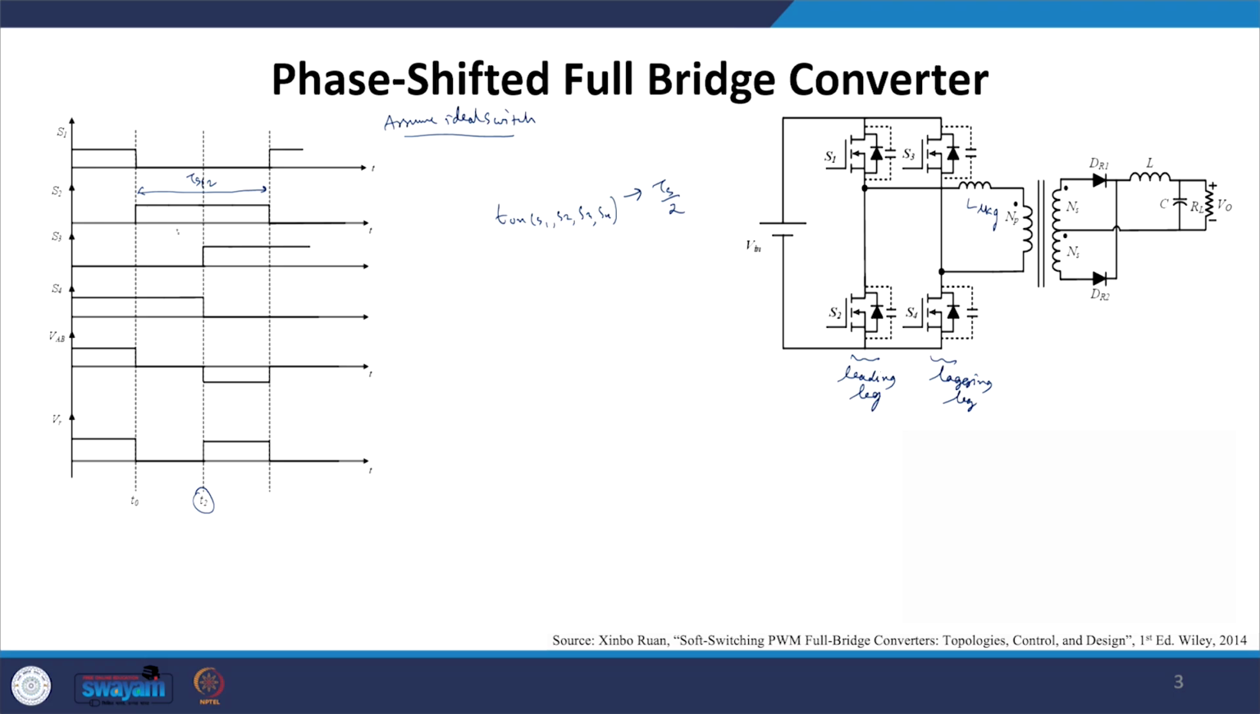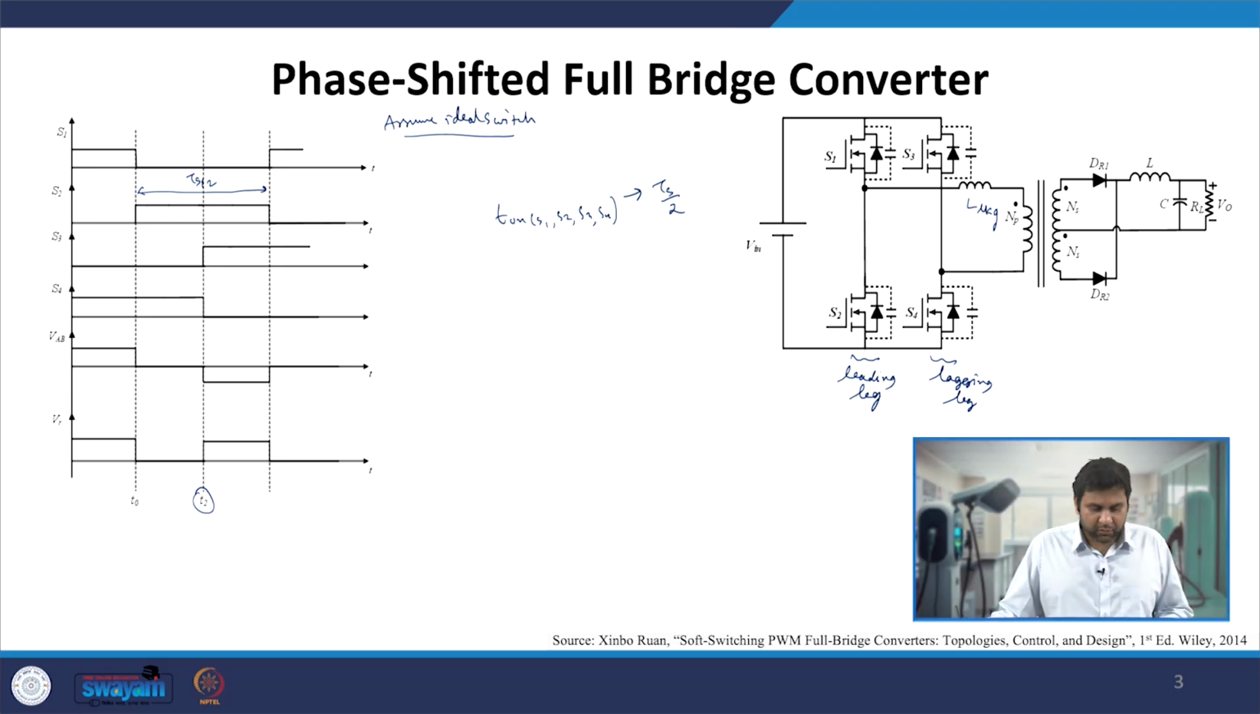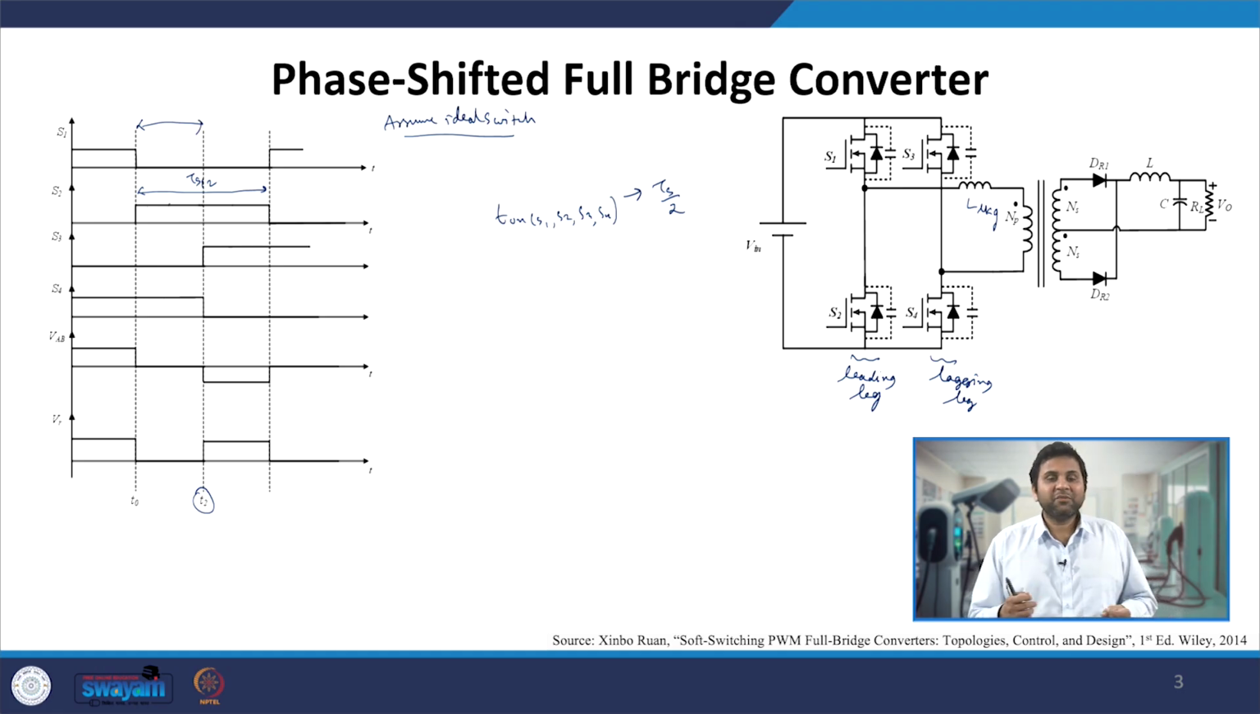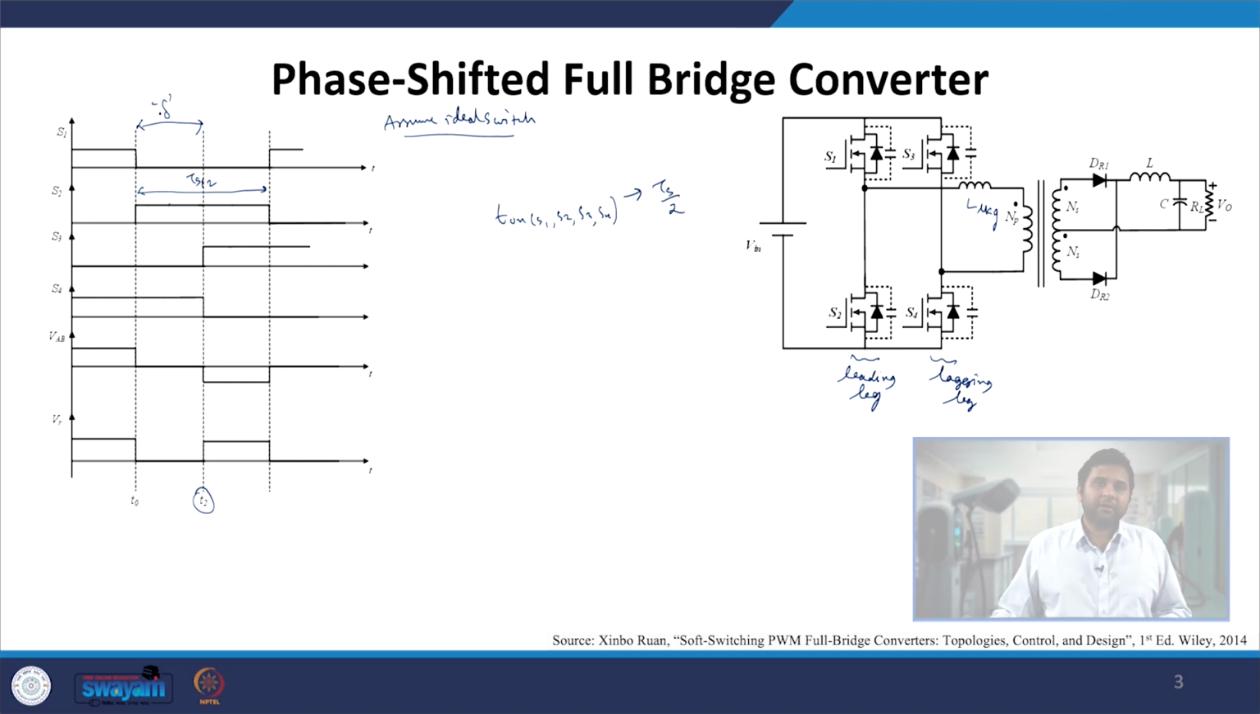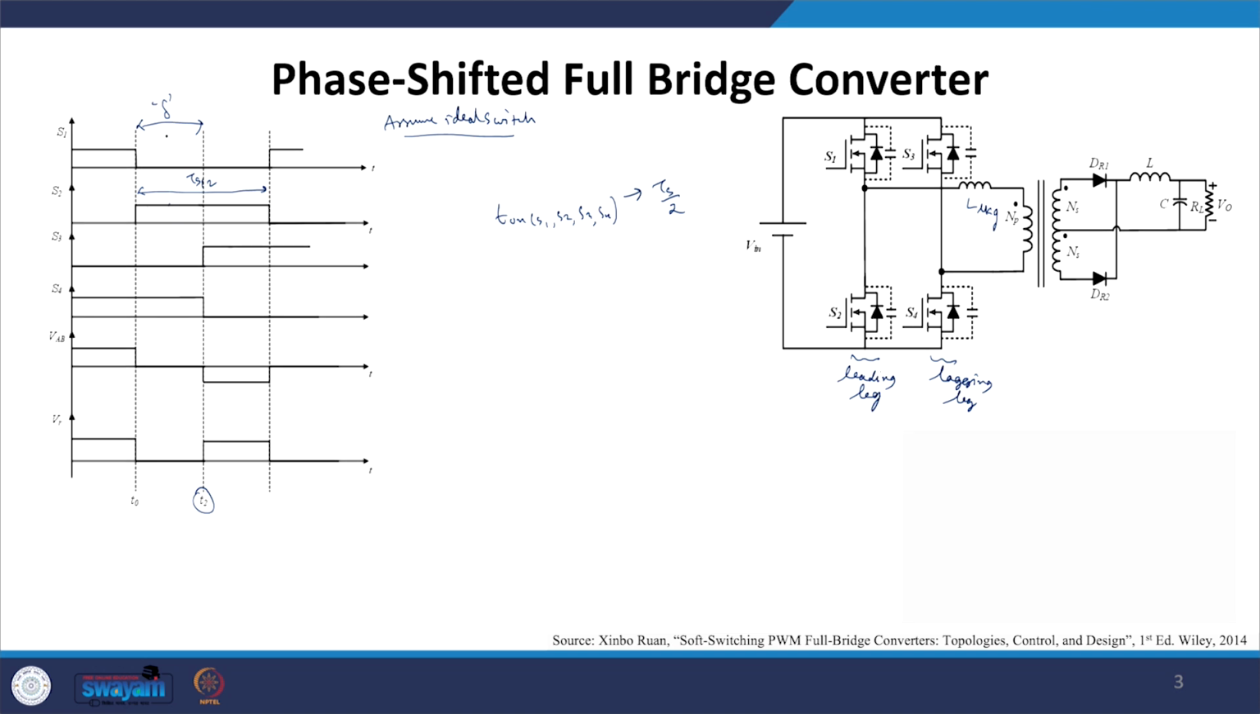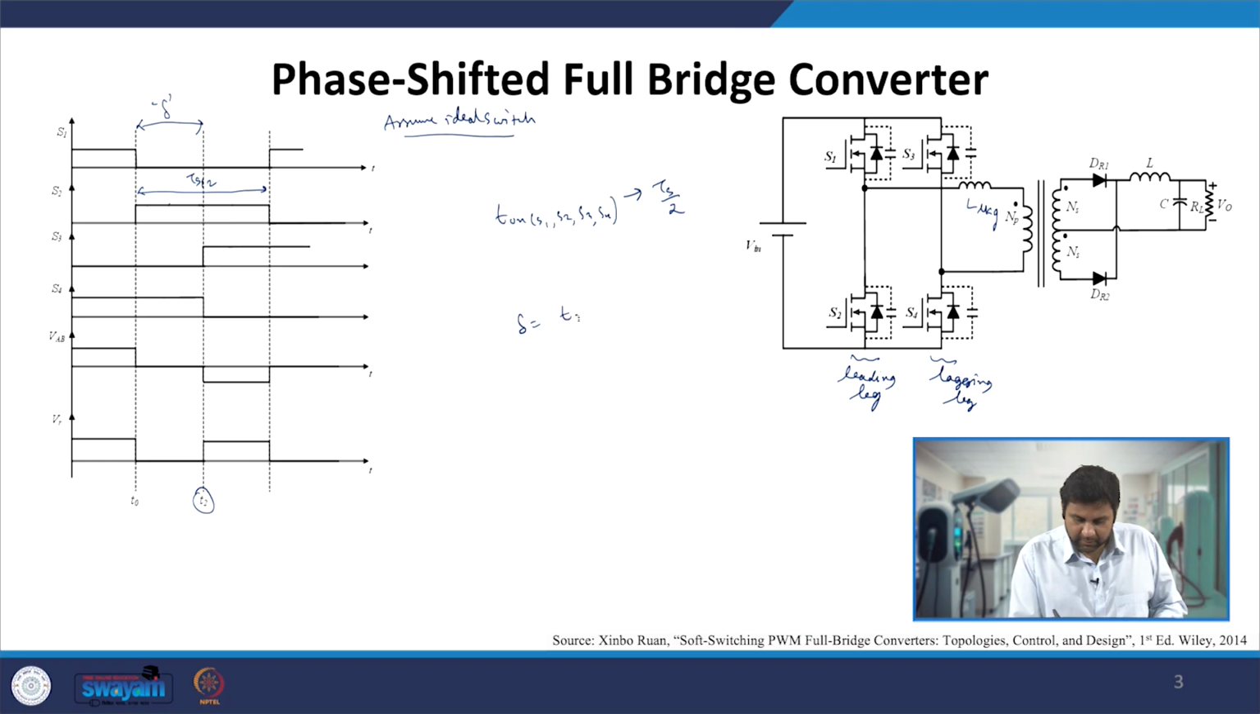Now, since my S3 is turning on at T equal to T2, from T0 to T2 my S2 and S4 switches are on. So, if we look very carefully at the leading leg and lagging leg, we are indirectly turning off the diagonal switches with a certain phase shift, let us say a phase shift by angle delta. Now, this delta we can write to be nothing but T2 minus T0 during the period Ts by 2, and it is there for 180 degree,